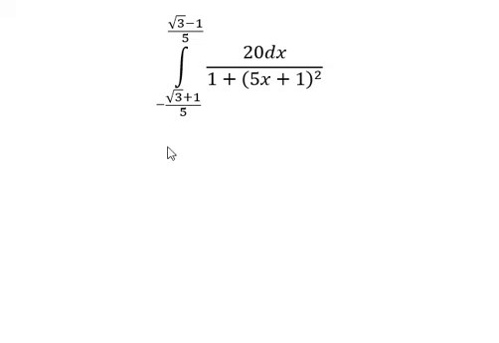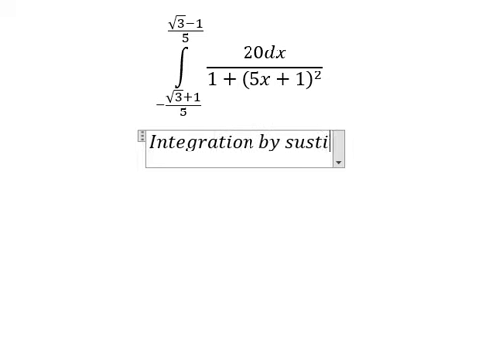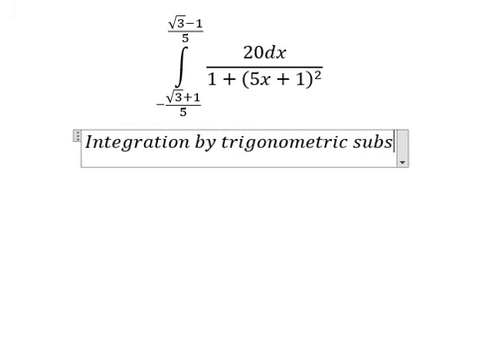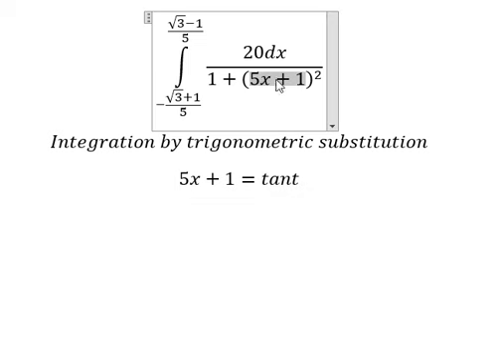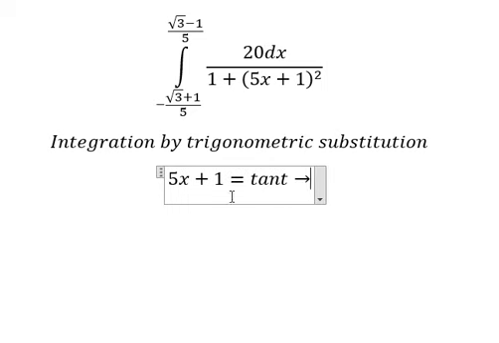So today I will show you how to answer this one. We can use integration by substitution, but in this one I will use trigonometric substitution. So I will put 5x plus 1 equals tan t, because if I put this one in here, you get tan squared t, and later we turn this into secant squared t and we can simplify this. Next, we need to first take the derivative of both sides, and we have like this,